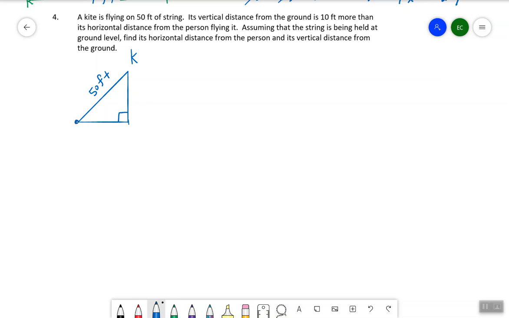And of course what we have is a little right triangle. And so the vertical distance is 10 more than the horizontal distance. We can write x for the horizontal distance and x plus 10 for the vertical distance. And I think our picture looks pretty good. It says now find that horizontal distance and that vertical distance. So do you remember a formula we could use here? This is a right triangle. And we're talking about a relationship between the sides of the right triangle, and so I bet you're thinking of the Pythagorean theorem,